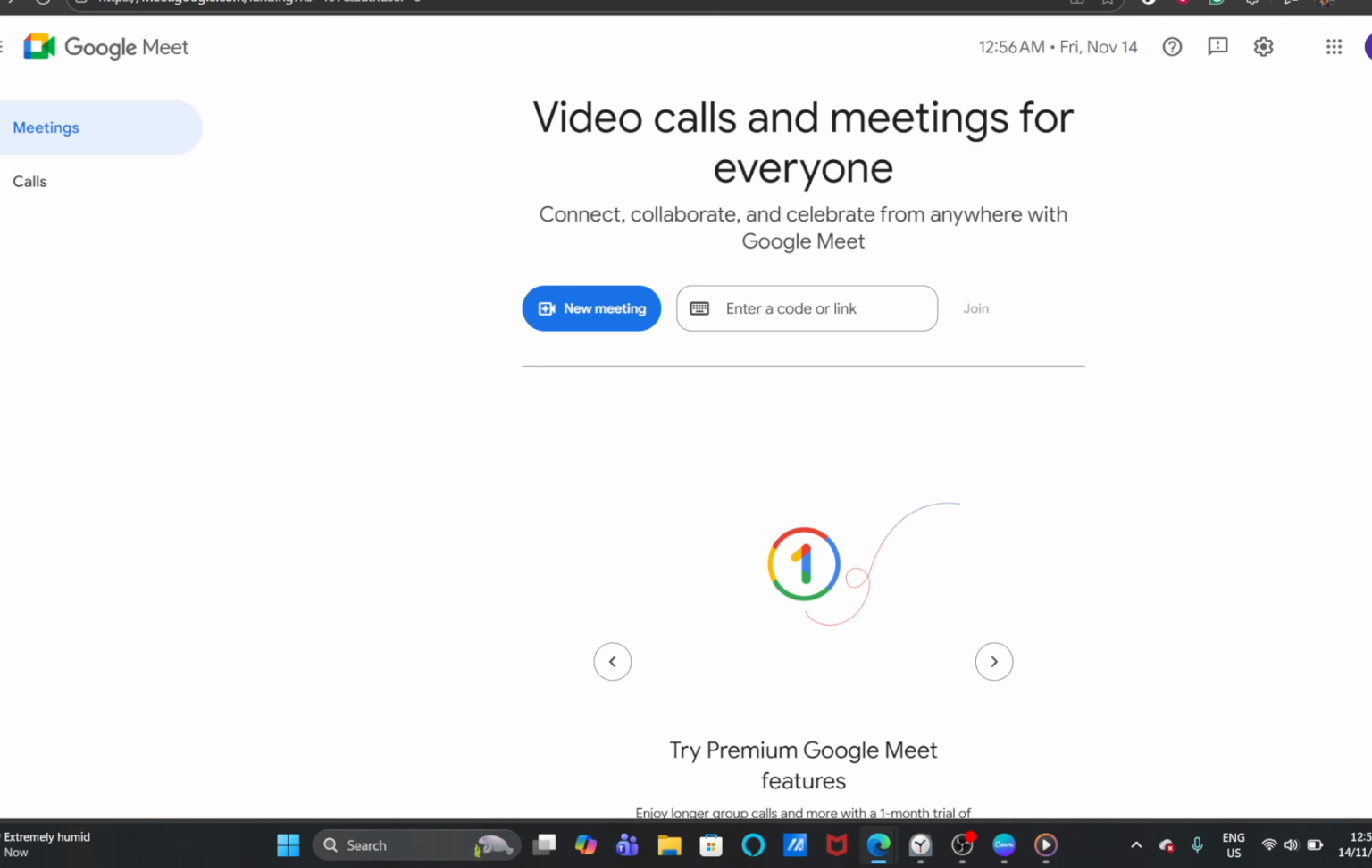To get started, open up a web browser of your choice. You can use any browser, but for the best experience, make sure it's updated to the latest version. Once your browser is open, navigate to the Google Meet homepage by typing in meet.google.com in the address bar and